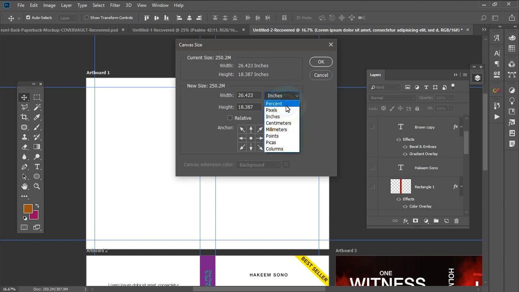If you're designing in pixels, it is 7,927 pixels wide and 5,516 pixels tall. In centimeters, it is 67.12 centimeters wide and 46.7